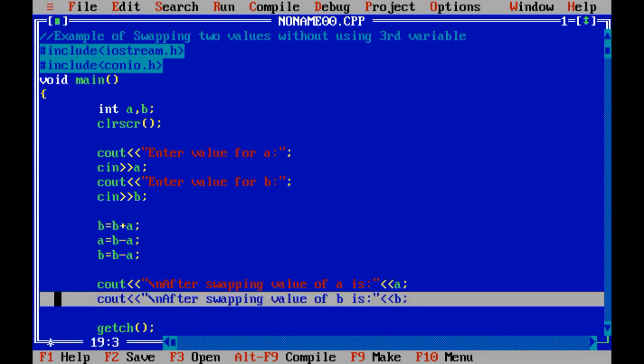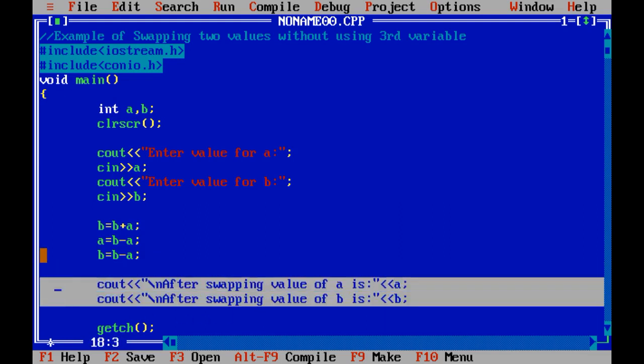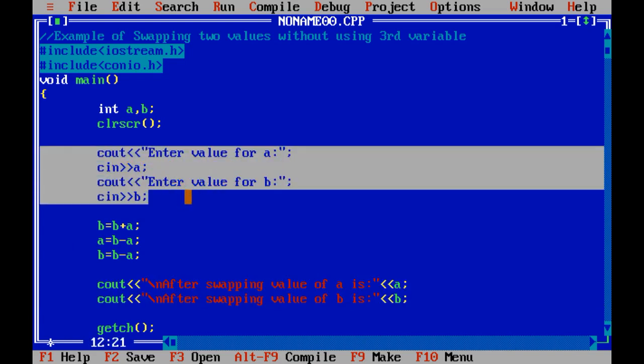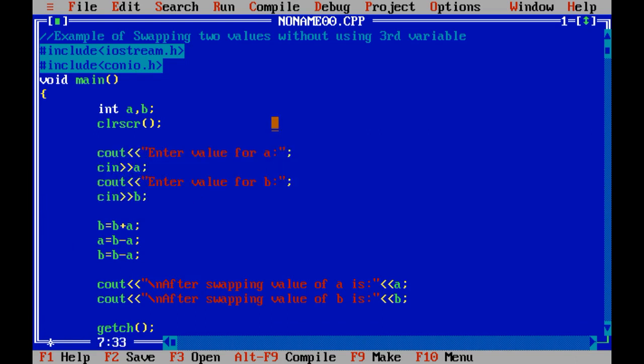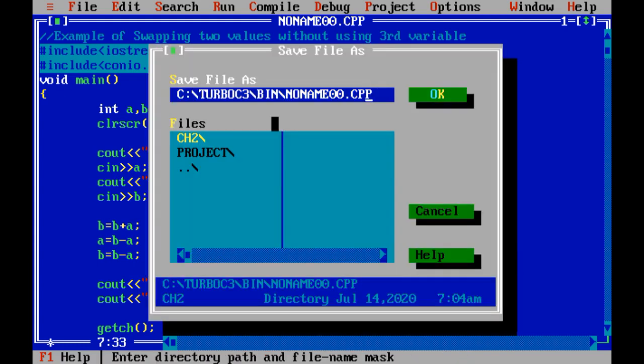Using these statements, you are able to display the output on the screen. Using these two statements, you can get the values of a variable from the user, or we can say from the keyboard. Now let us save the given code using the F2 key.